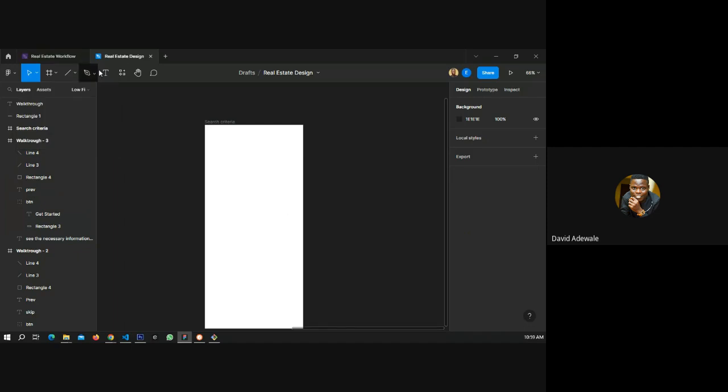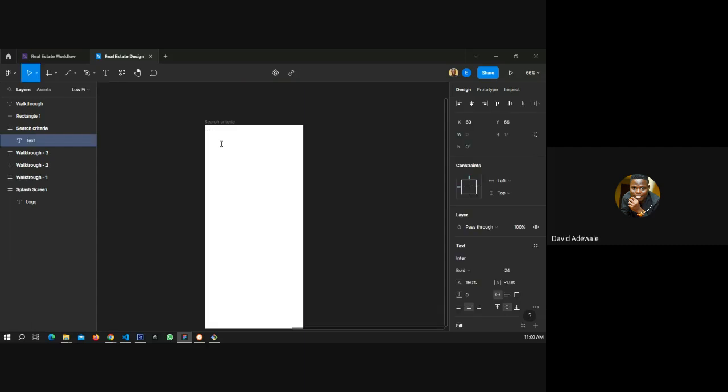So we pick our text tool. If you are like me, that doesn't like to come down here and then use some shortcut command, you can just press your T on the keyboard. You will see it's highlighted already. So search criteria. What type of property did you need?